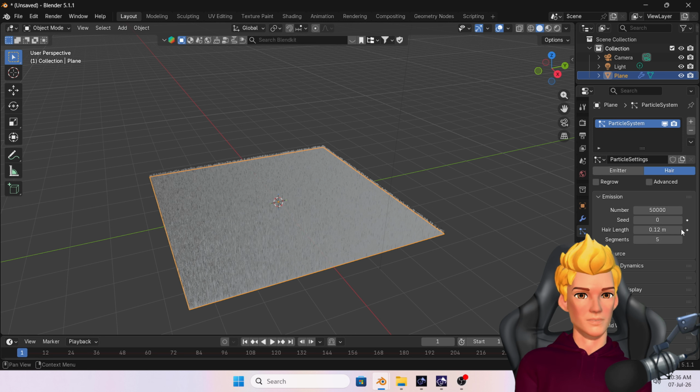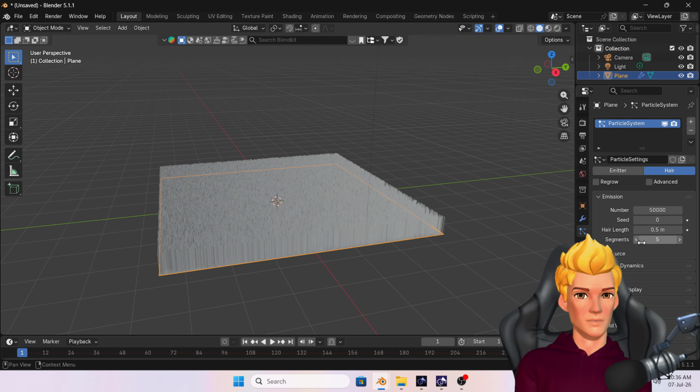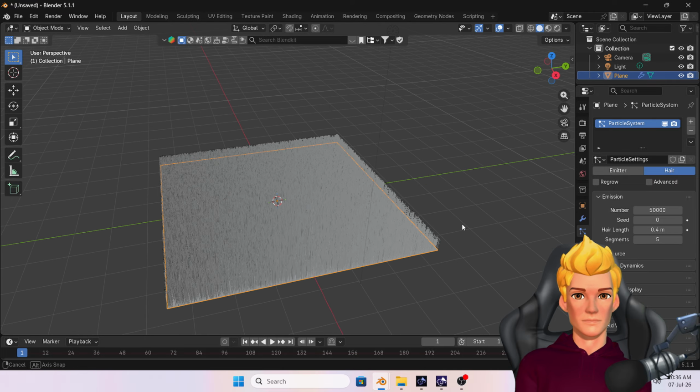If you want to increase the hair length, type 0.3 or type 0.5. See, the hair is increasing. Type 0.4. Okay,